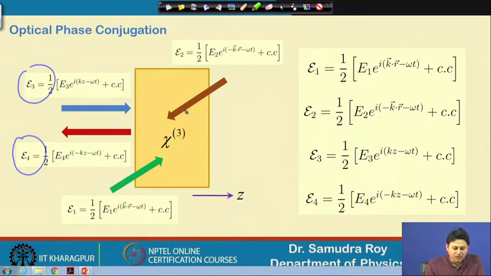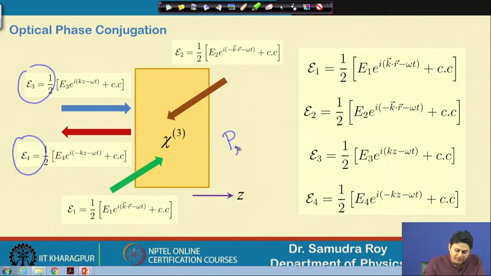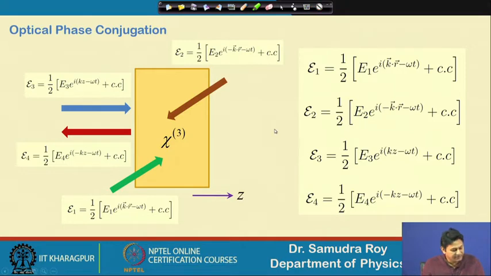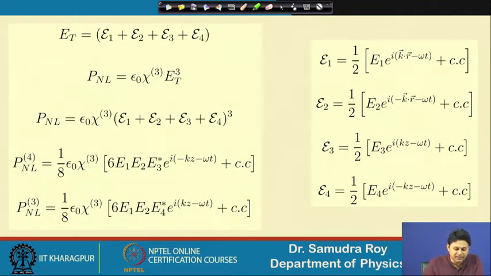So, in order to find out how E4 is going to evolve, one thing that we need to derive first is the nonlinear polarization corresponding to E4, and also E3, if I want to find out the evolution of E3, because E3 is also important, this is some sort of signal. So, P nonlinear of 3 we need to find out. So, these 2 nonlinear polarization terms are basically the source terms of E3 and E4. So, that is why our first aim is to find out the nonlinear polarization for E3 and E4, and here